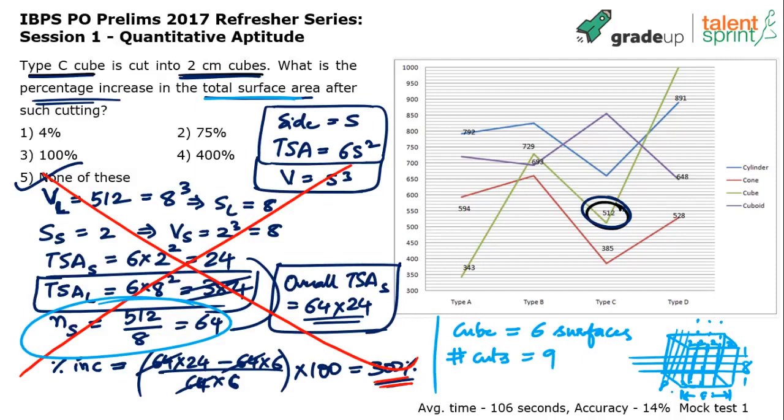Now, here comes the interesting part. You got to understand that with each cut, you get 2 more surfaces. Let me come to the video for explaining this. I know you might be wondering that this is taking so long, but understand I'm not solving it, I'm explaining it to you. So it would take a little longer, but once you've understood this, it would become really very easy for you